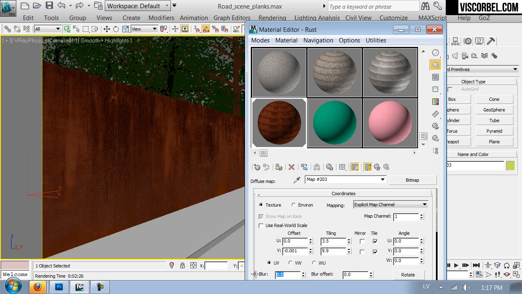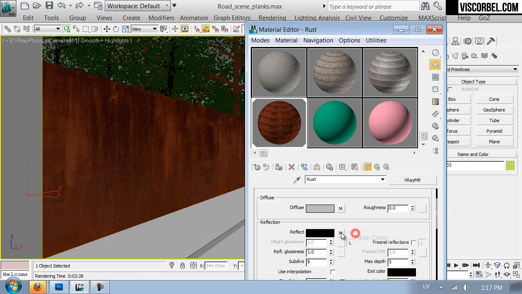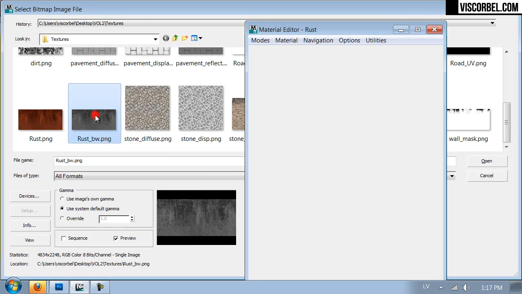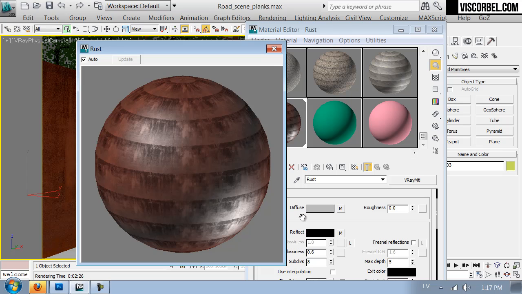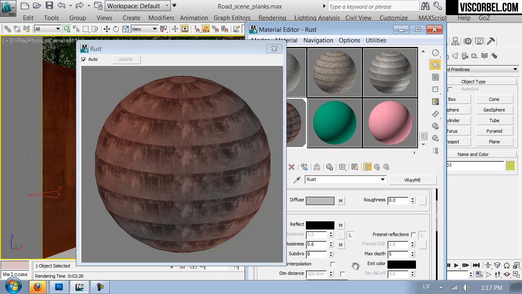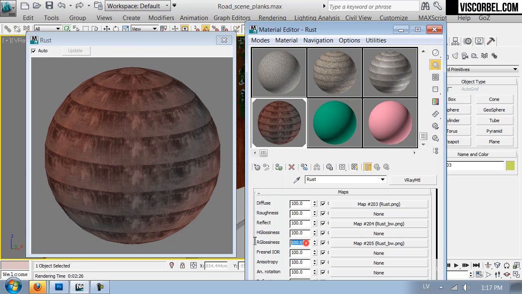Can just reduce the blurring. Now copy, paste in the reflect slot. Swap the image to this black and white here. Let's reduce the glossiness, something like 0.6. We can also try copying the reflect map to the reflection glossiness slot and reducing the amount so the texture is working just a little bit. It's not fully taking the value from the texture, but just a little bit. For example, like 10%